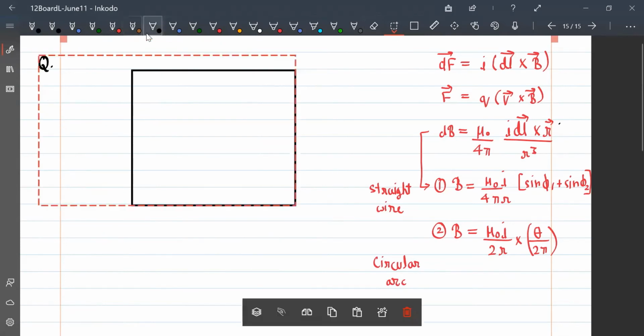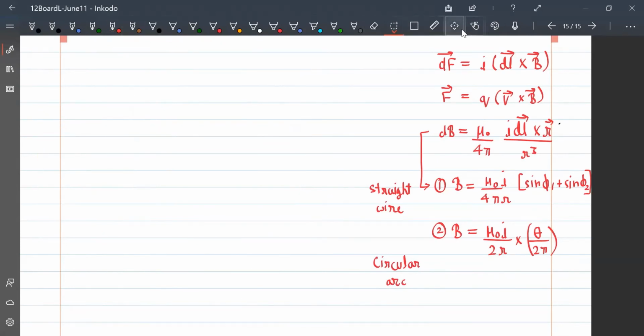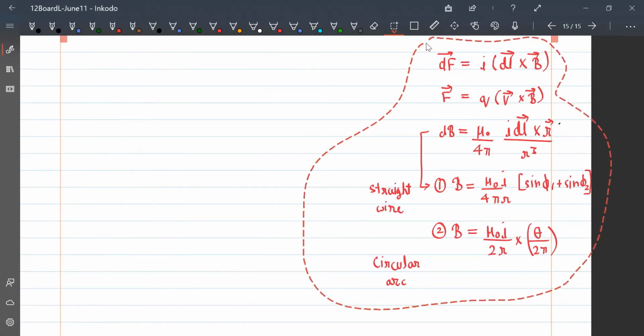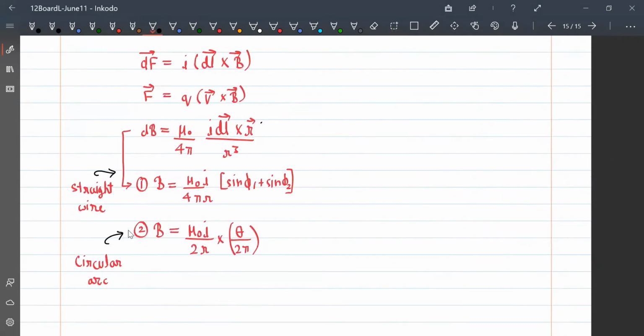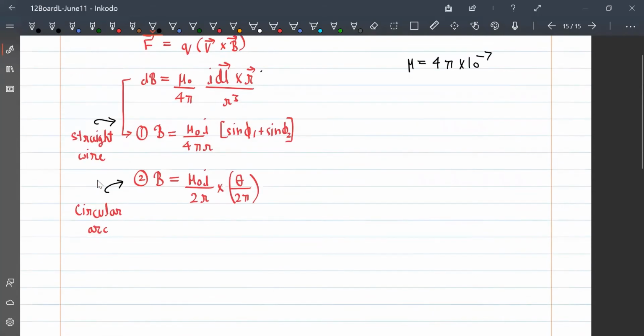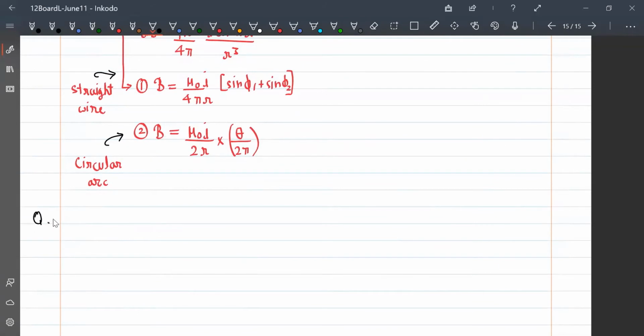We're going to apply all these formulas, and we're going to hit up some numericals today. I'll tell you the value of mu naught, that is 4 pi into 10 raised to minus 7 in the SI units. These are all the formulas. Let's start doing problems based on this. So first question is that